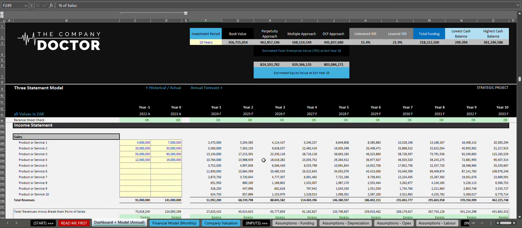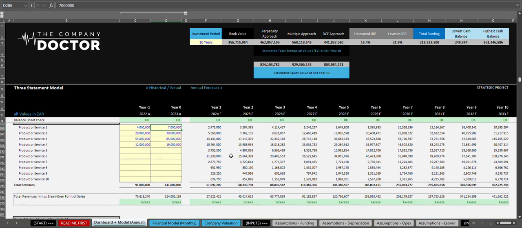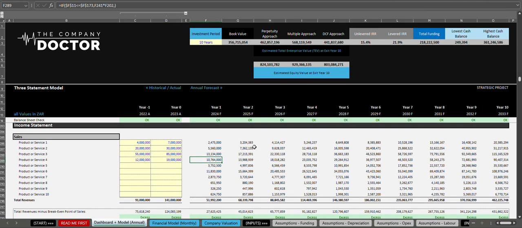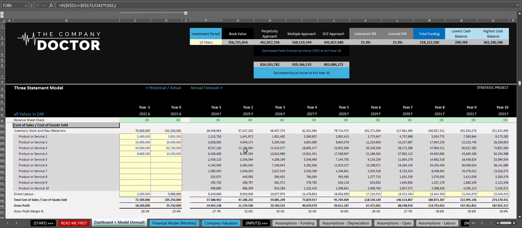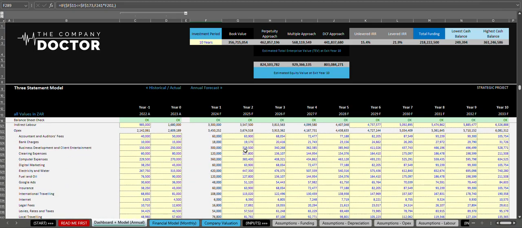All right, and then you'll see that the income statement, balance sheet and cash flow is provided. For the historical figures, these are the actual figures that you would need to input if you're an existing entity or company. Based on your annual financial statements, you would put in your actual figures here based on what you've received from your accountant or auditor, and it will just tie up with the balance sheet itself. But here you'll see the projections based on what we've assumed earlier will automatically update throughout the model,